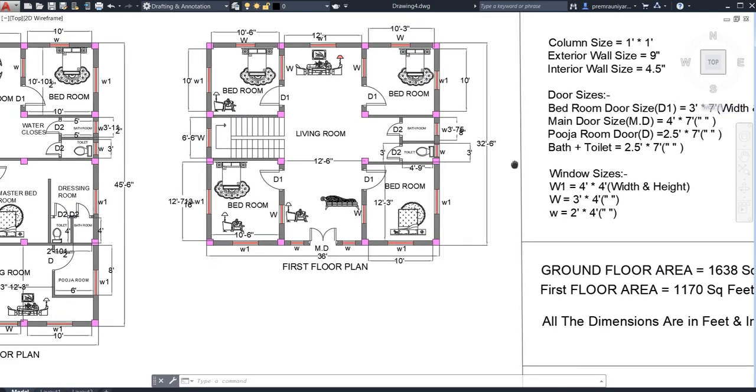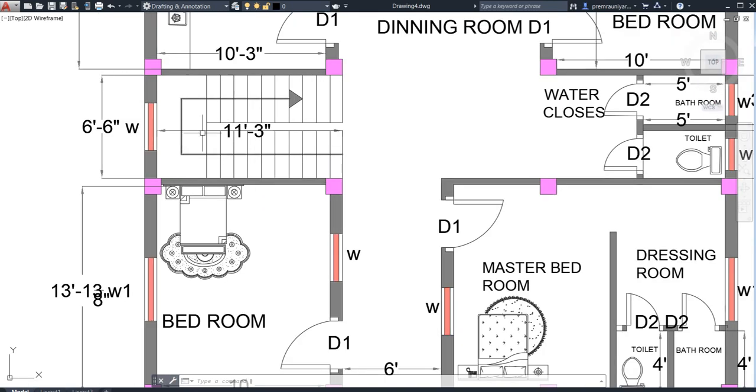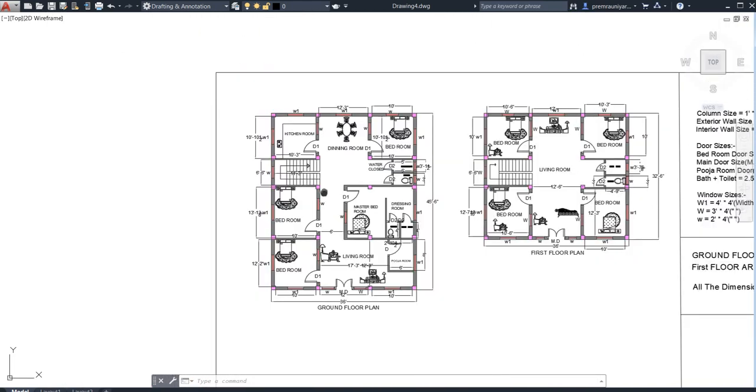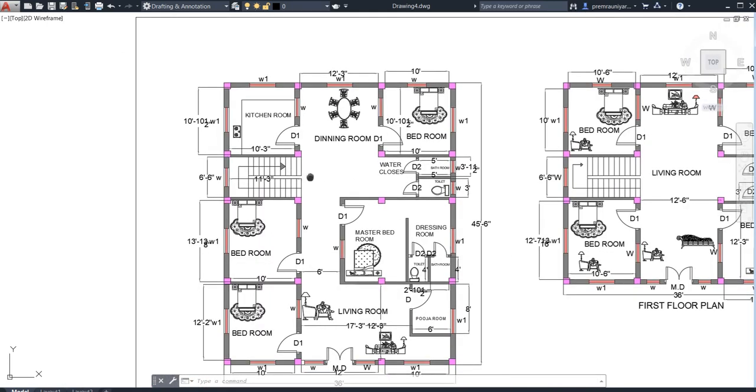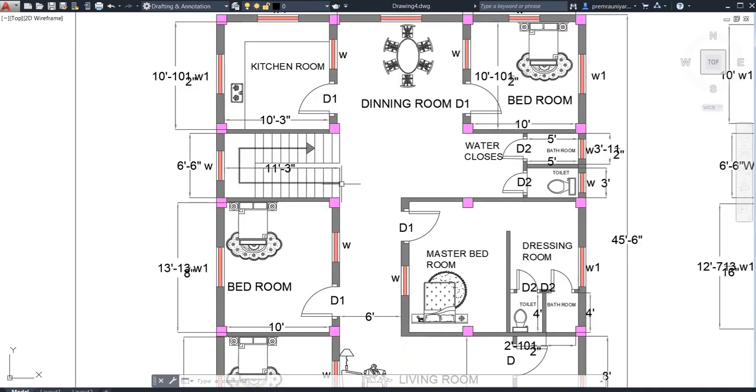I did not mention it here, but generally the stair has this as the tread, and this will be the riser. Generally 6 inches will be the riser for a dogleg type of stair, and 10 inches for the tread size. So this will be the tread, and the riser will be 6 inches.